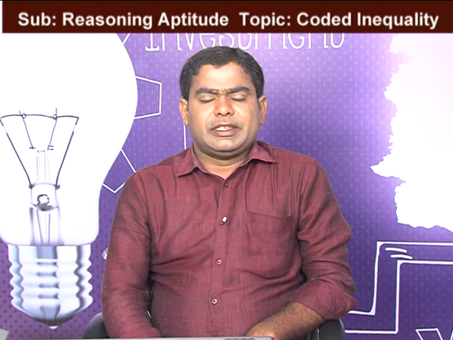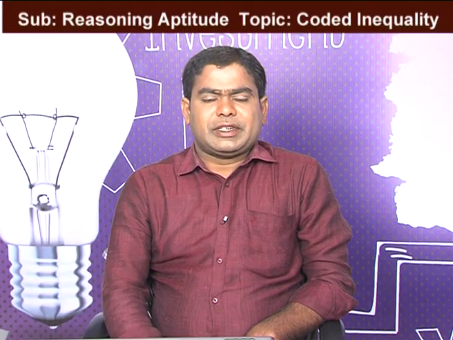Next, we go to the next example. In the combined statement A less than or equal to B, B less than or equal to C, C less than or equal to D, we verify the relation between A and D. By observation, the common inequality is less than or equal to, so that relation exists. That means in our first, second, third and fourth examples, only the common inequality is there, and that relation exists between those terms.